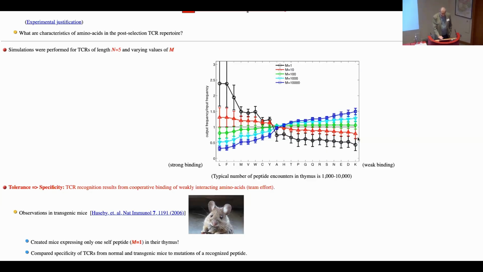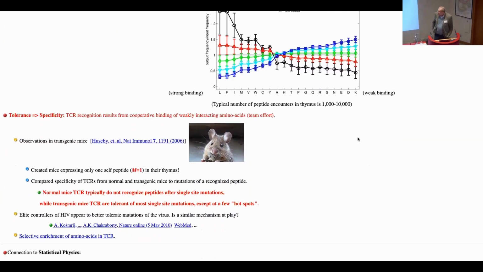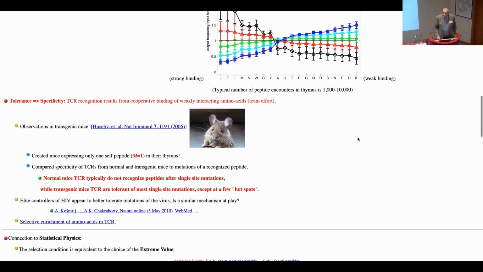the required binding energy. Now, this was tested in mice, and indeed, one can generate these mutant mice that present only few self-peptides in the thymus, and they find that the T cell receptors of those mice are not particularly specific, and they can bind to lots and lots of variants. And there is potentially a clinical consequence of that in the context of